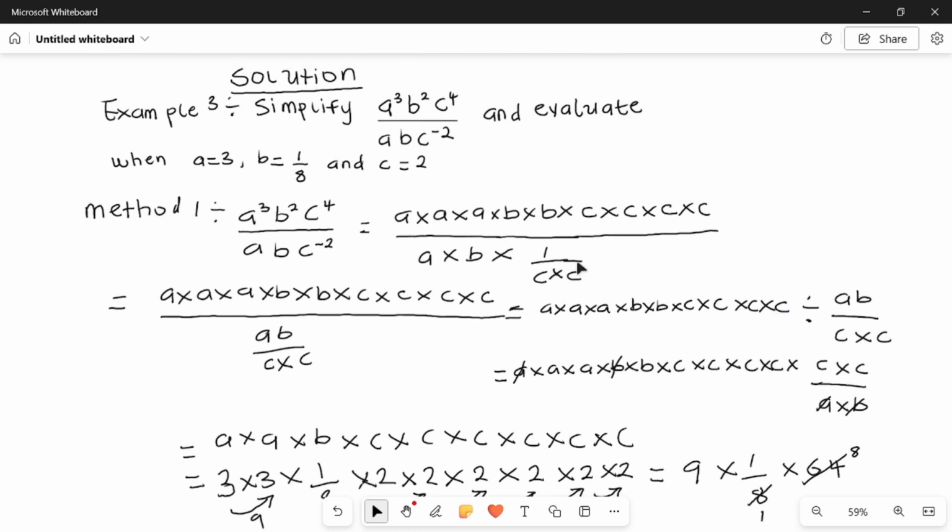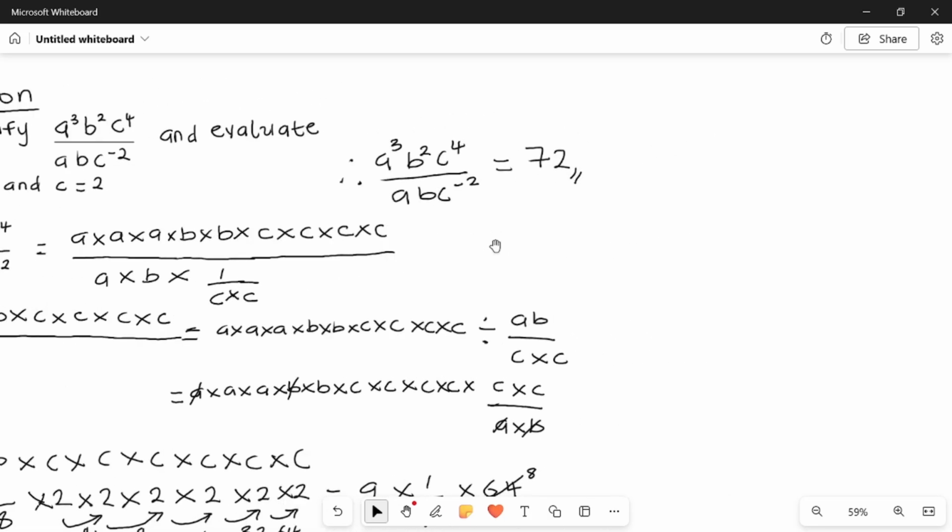Before we go to the second method, we can write therefore a raised to power 3, b raised to power 2 and c raised to power 4 all over a times b times c raised to power 2 minus 2 is equals to 72, using our first method. So now for the second method,